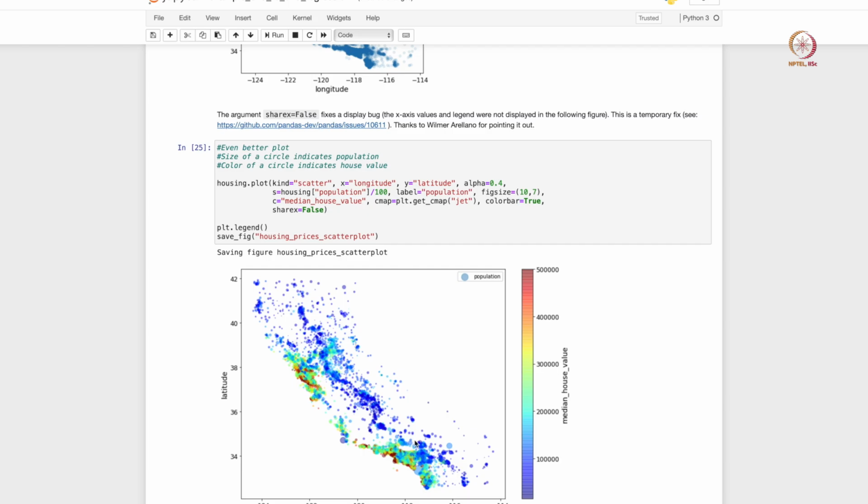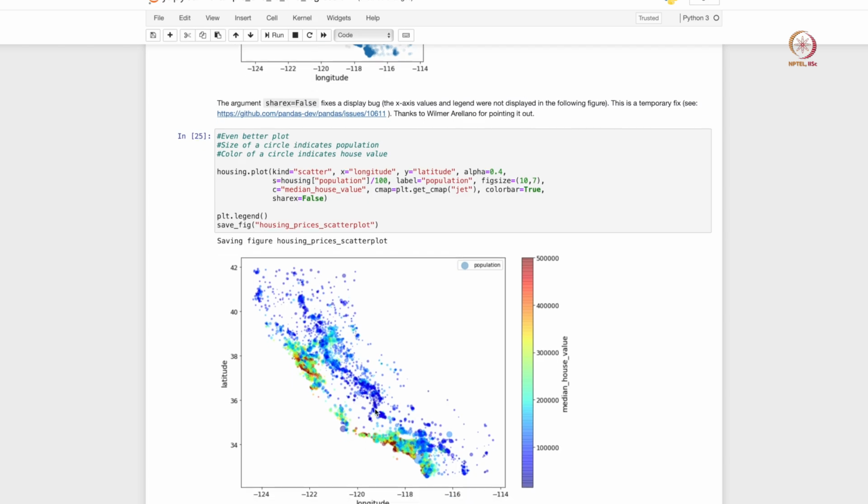So you see there are regions along the coast, basically close to the big cities. On the south here is Los Angeles, on the north here is San Francisco, and very close to the cities you see big population centers and also population centers that are quite expensive in nature. Whereas as you go farther inland into the state, population is not quite high and the housing prices are also low. So this is quite useful to visualize.